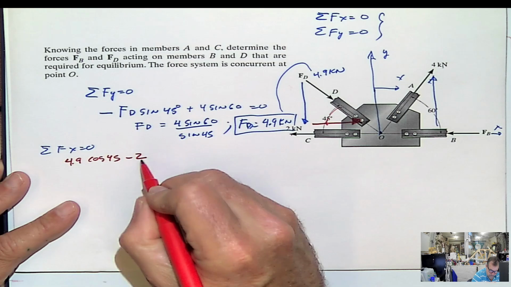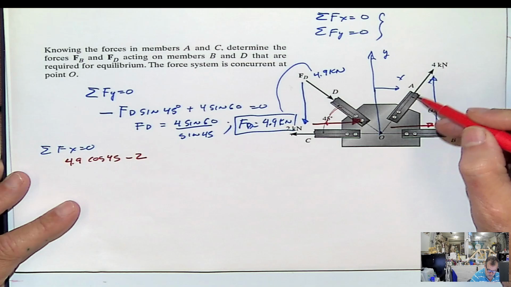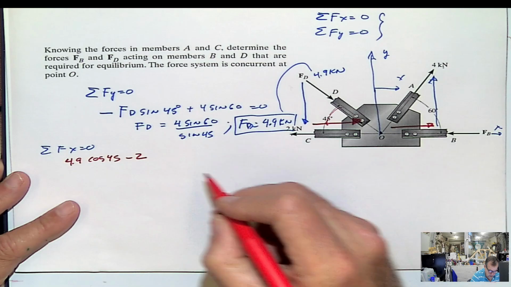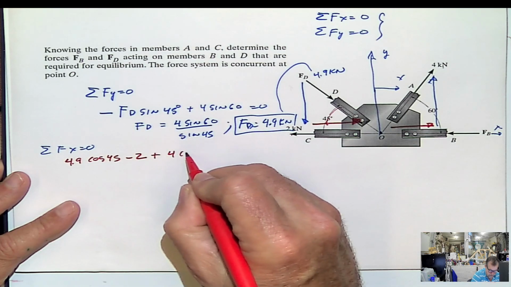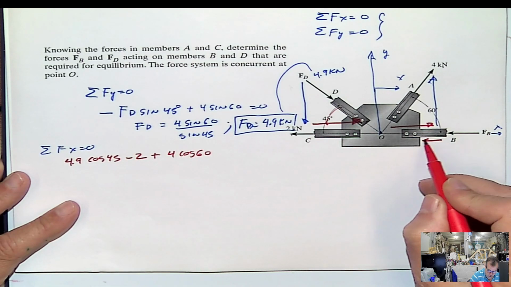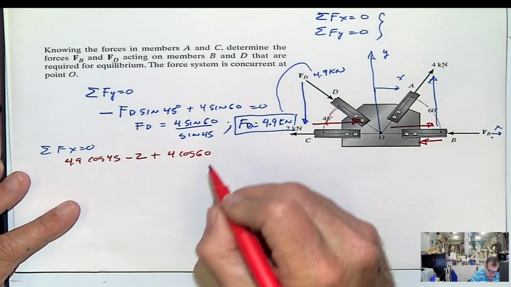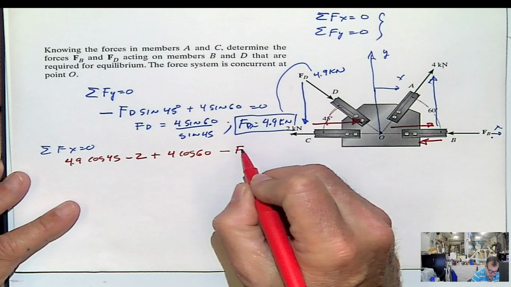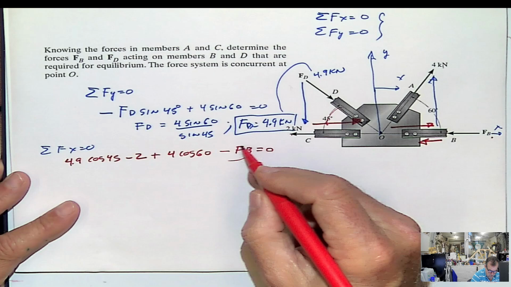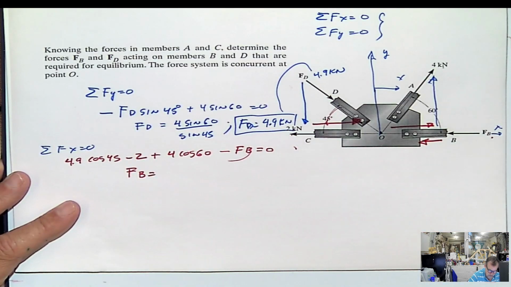Minus 2. This component for this force of 4 will be 4 cosine 60 to the right, meaning positive. And this force is going to the left, FB, which is the other unknown that we have, minus FB equals 0. And then passing this to the other side, we can solve FB equals